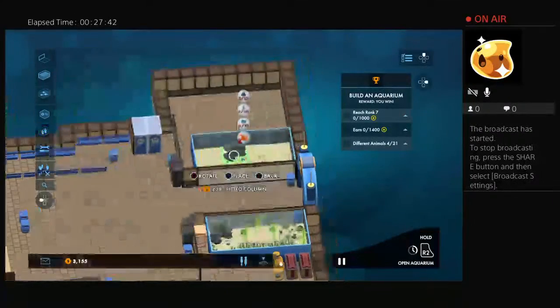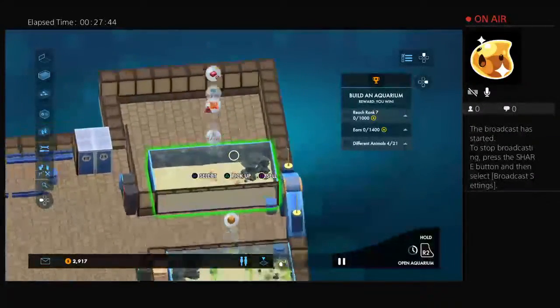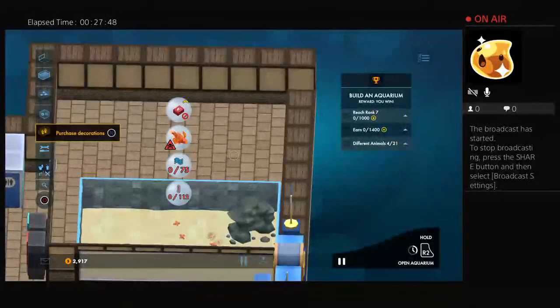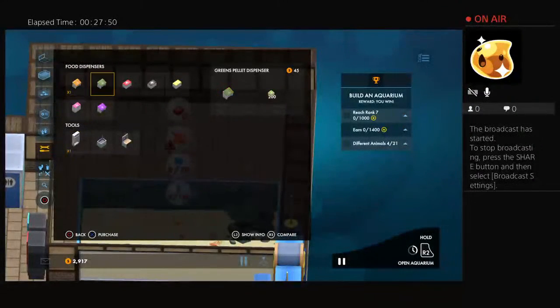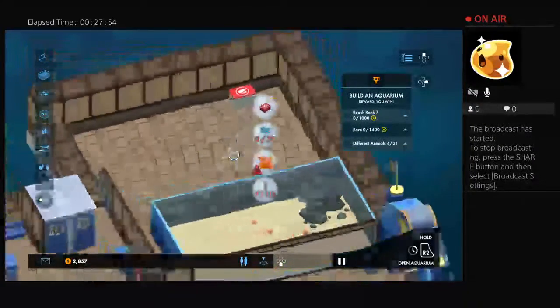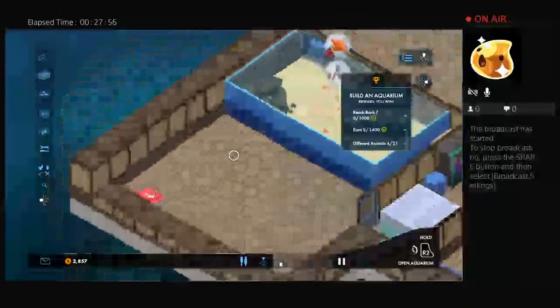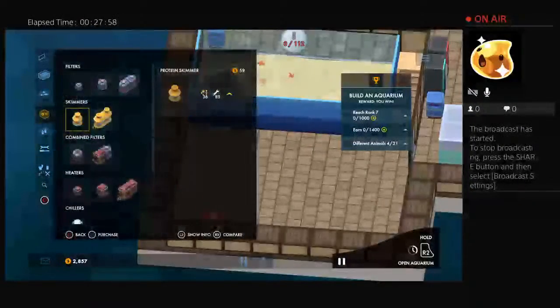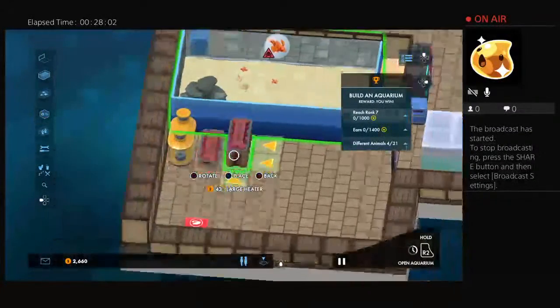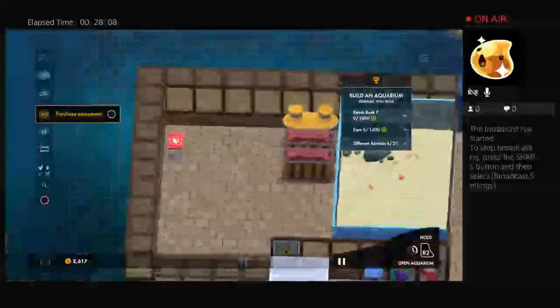And we're gonna plop in this, so that'll give us a nice, good enough piece of thing. We're gonna put in some mussels back here, which is what they eat. And we also need just a protein skimmer and 2 large heaters. Now, for the toilets